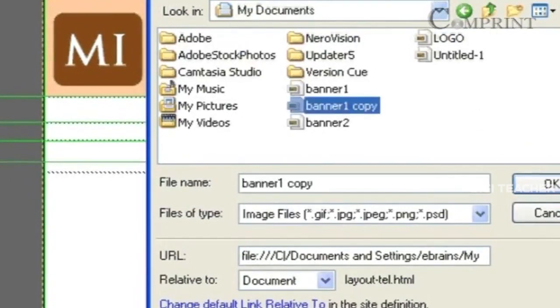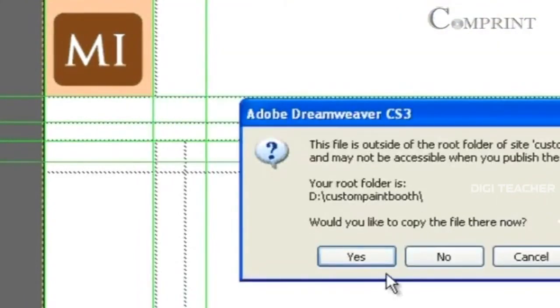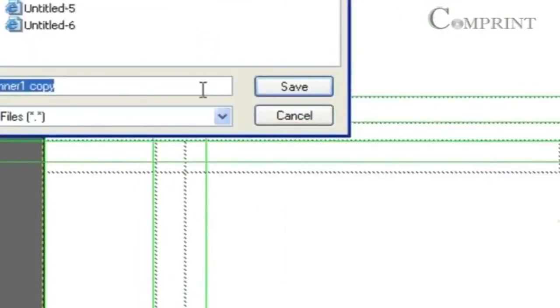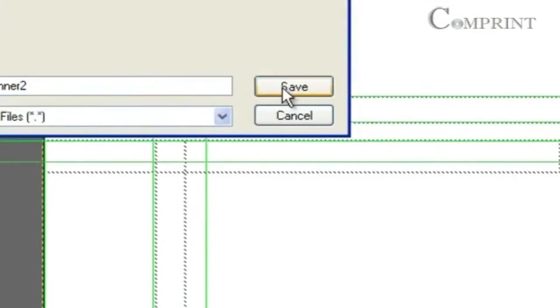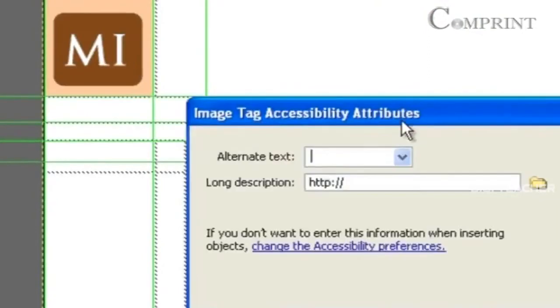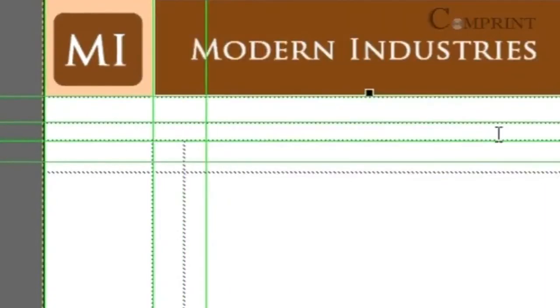Now here we have the second part of the banner. OK, and save it to our Custom Paint Booth folder. Change the name. Yes. So we have inserted the second part.